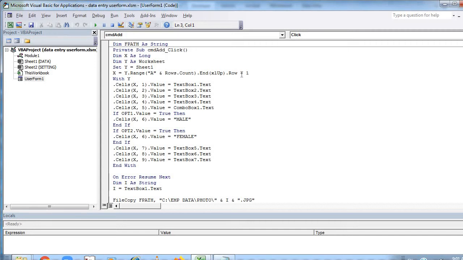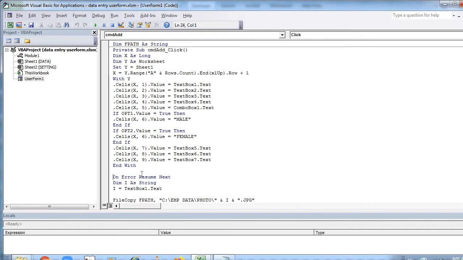All the employee id should be incremented by 1, and now the cell values will start. So my column numbers 1, 2, 3, 4 are my text box 1, 2, 3, 4. Column number 5 is my drop down list, that is my combo box, that is my designation. Then the option, that is my cell 6, but there are two option buttons for the gender, one with value male and the other with value female. Then we have text box 5, 6 and 7, that is my column number 7, 8 and 9.